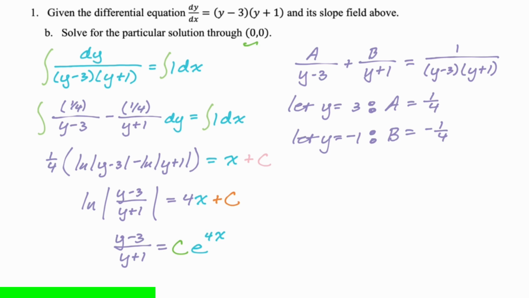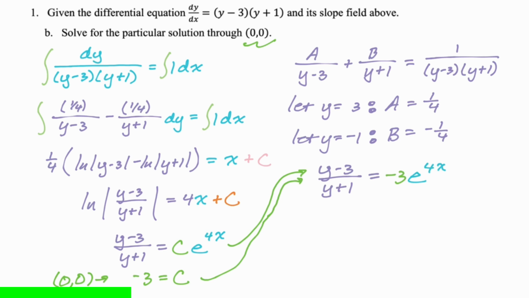Let's solve for c. So 0, 0. We're plugging in 0, 0, so you're going to end up with -3 over 1, so -3. And you get ce to the 0, e to the 0 is 1, so c is -3. If we take all that and just sub in, we have (y minus 3) over (y plus 1) is -3